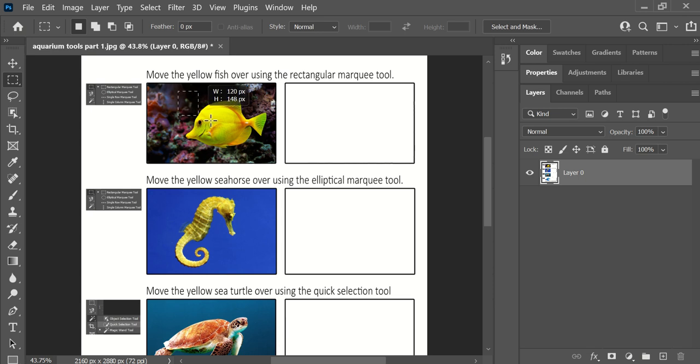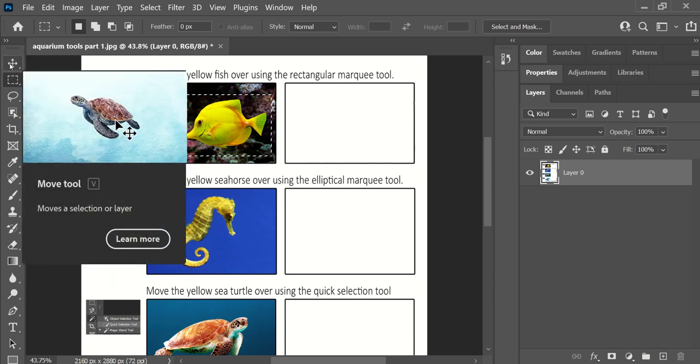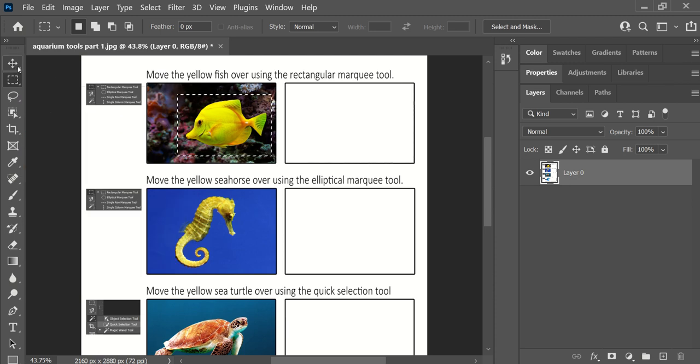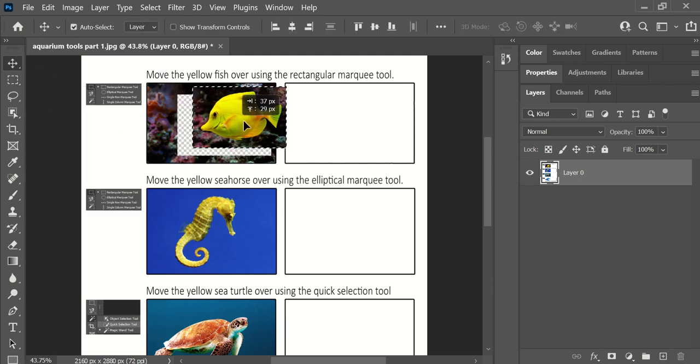Once we have the rectangle, we can drag it out over the fish. And if we try to click it and move it, what happened? It just moved the box. So if we want to be able to move that fish within the box, we'll switch off of the rectangle tool to this top one, the move tool. And Photoshop's amazing now for you guys, because look, I hover over something and it's just like, oh, that's what it does. It also tells you what letter of the alphabet, and you can even click on learn more and it'll give you a full explanation. But if we click on that move tool, I can click on this guy,